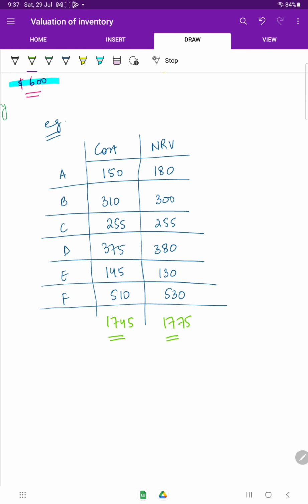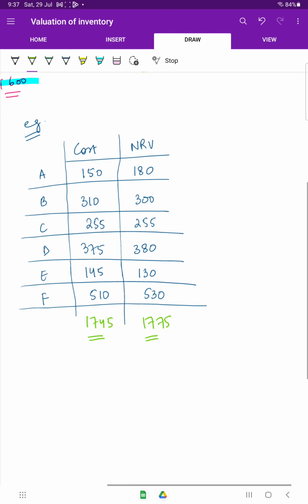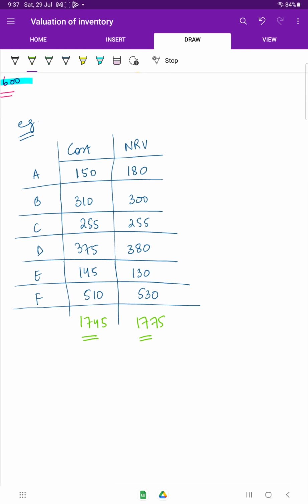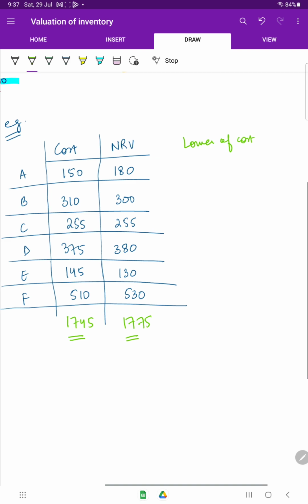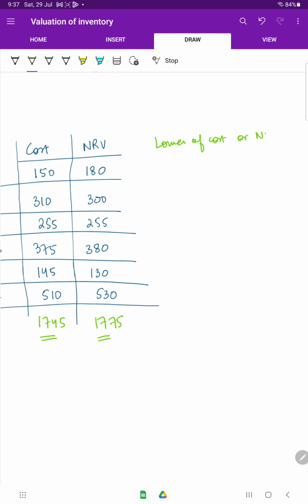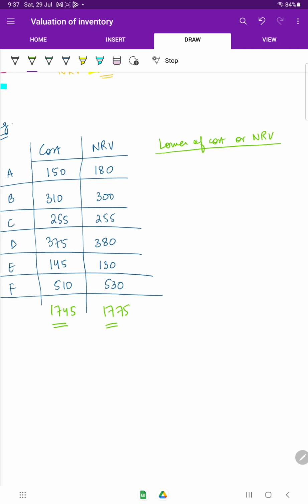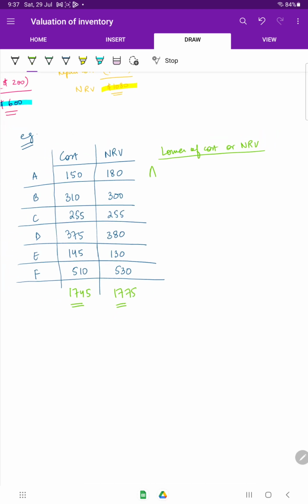So what students usually do, they see the lower of the values, which is 745, and they go for it. This is not the correct way. The correct way is that you will see lower of the two, lower of cost or net realizable value. So for you, A, B, C, D, E, and F, in part A you will go